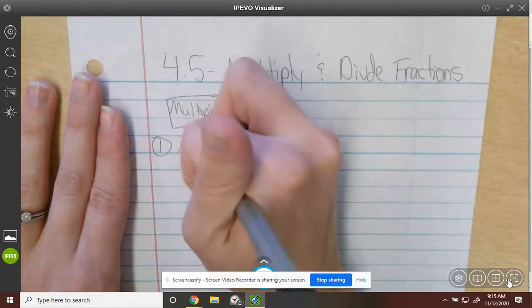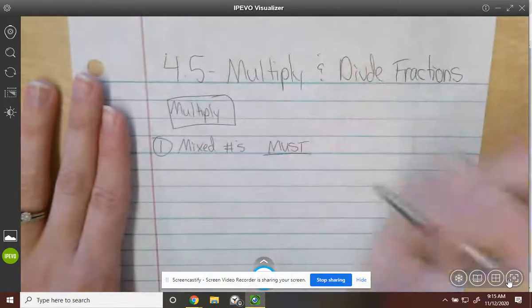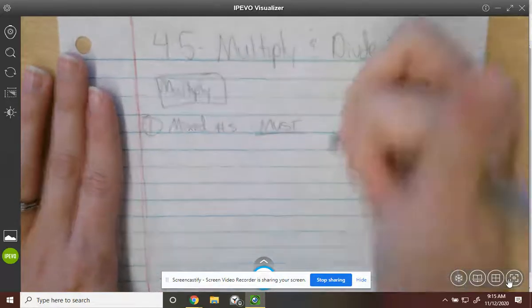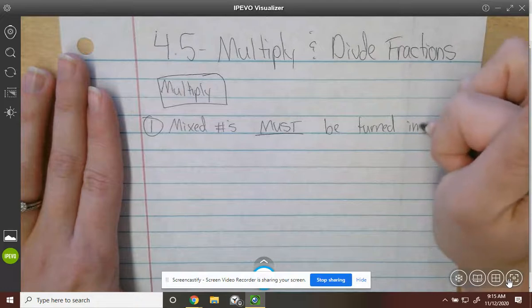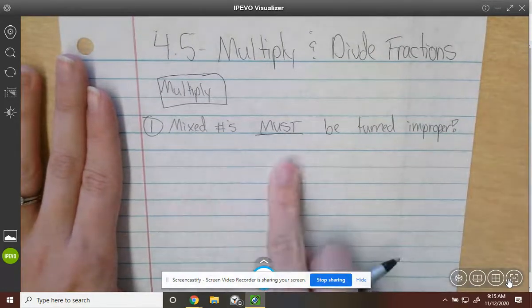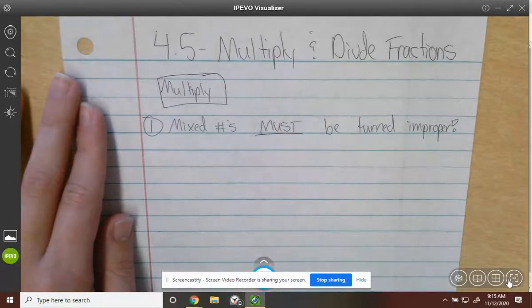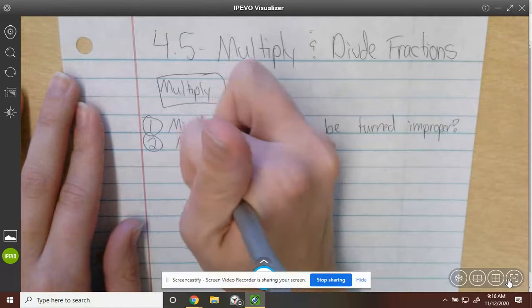Mixed numbers must, I'm saying must because you literally can't do it unless you do this, be turned improper. So that's the first thing you always check. Do I have any mixed numbers? First, I'm going to turn them improper. Then I'm going to multiply